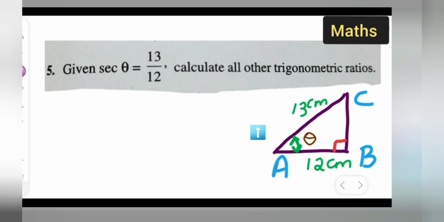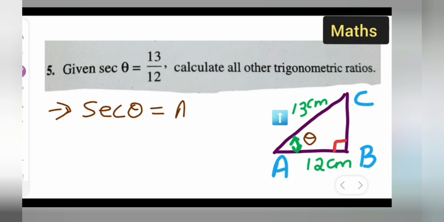Okay, so we are gonna do this. So what is given? You'll have to draw a triangle over here first, that is ABC. This will be the theta, this AB will be 12 and here the hypotenuse will be 13. Now you all can write down sec theta, which is already given, right? Sec theta is equal to AC upon AB, that is hypotenuse upon adjacent side. Now AC is nothing but 13 upon your adjacent side, which is 12.